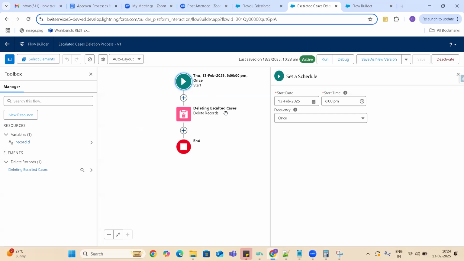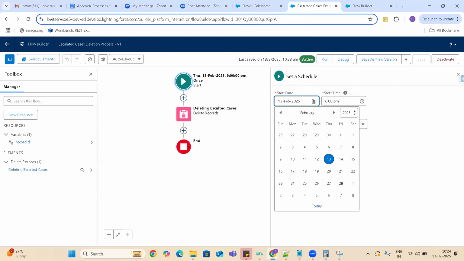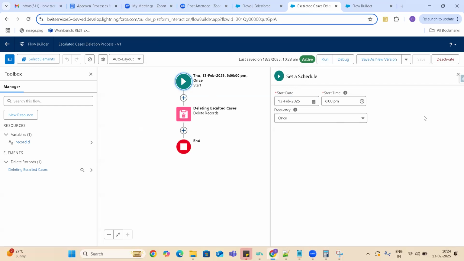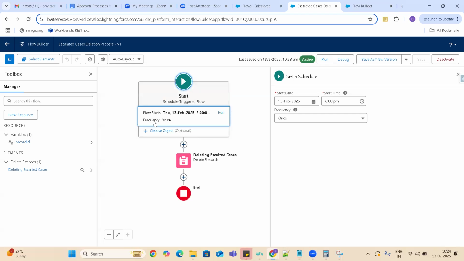So we have scheduled it. How do we know whether this ran or not? At this particular point of time, it ran or not. How do we know? That is the one thing.